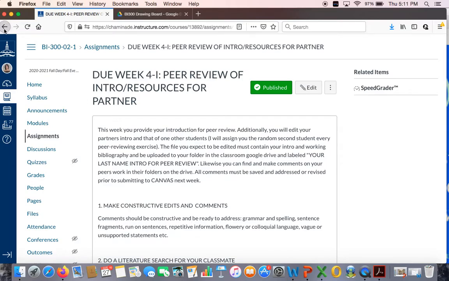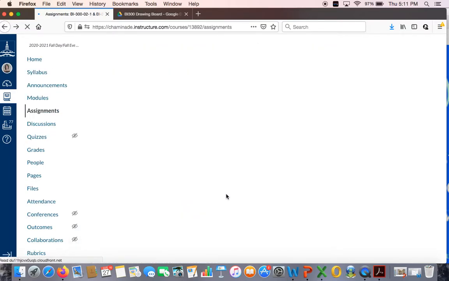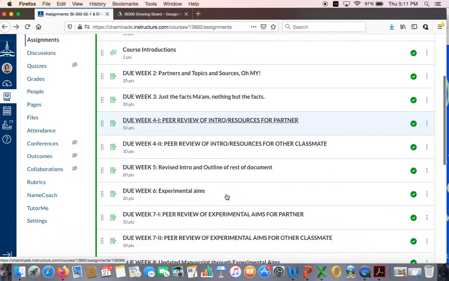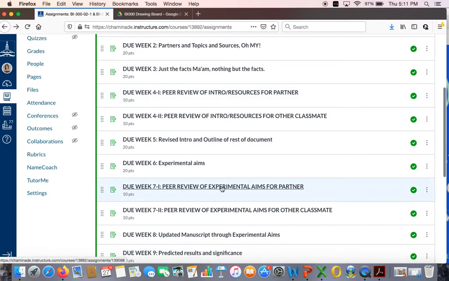So for that, then save it as a different deliverable for a different deadline. That way the people would know that one was the peer review for the introduction, this one is going to be the peer review of everything through experimental aims, etc. Additionally, you'll notice that these are split up into peer review of a partner and peer review of a classmate,